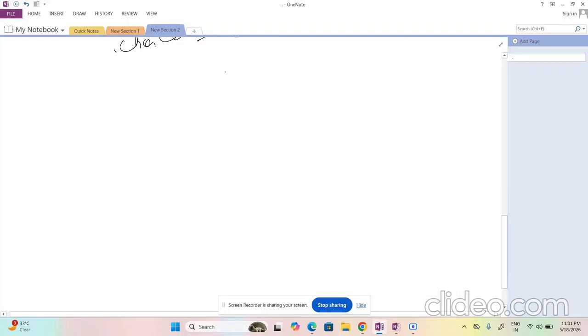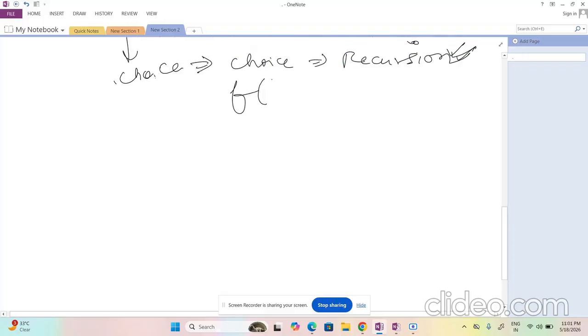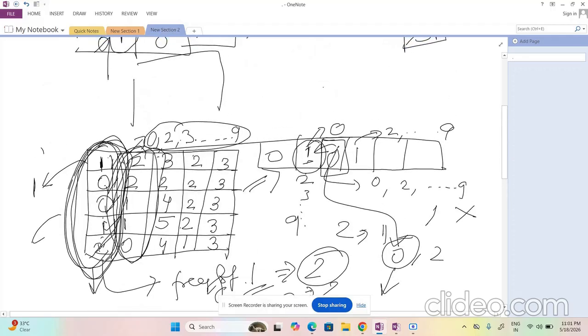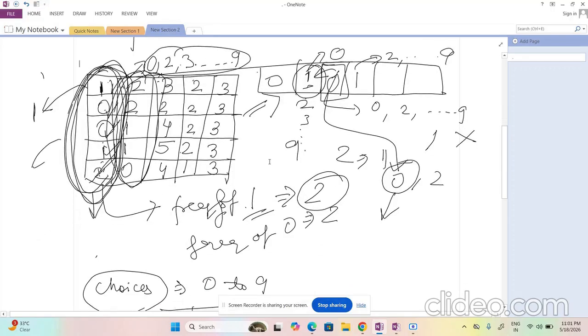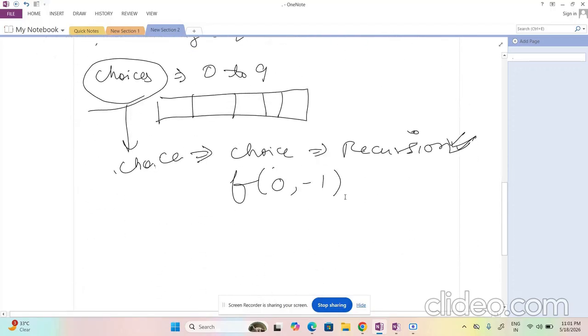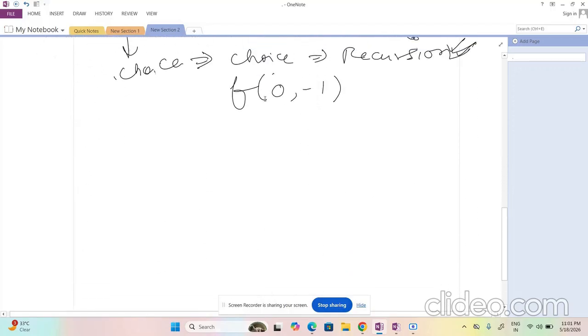Okay, so this is the state which I'll declare here. Okay, so this is the index. And this is -1. Why I'm taking -1 here, I'll tell you. Okay, see here, if I have taken 0 here, for the 0th index, if I am there, then what will happen? The previous will be -1, because there is no previous, right? So in this case, I am taking -1. So this is the function state which I am declaring.